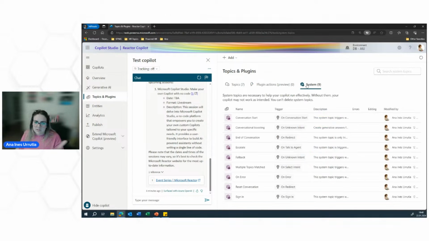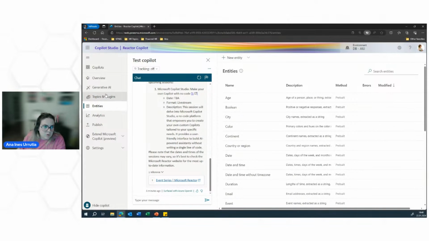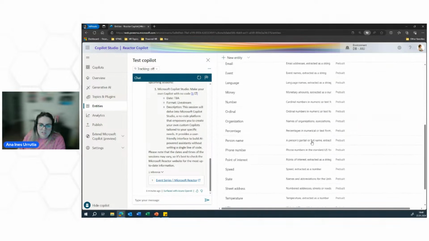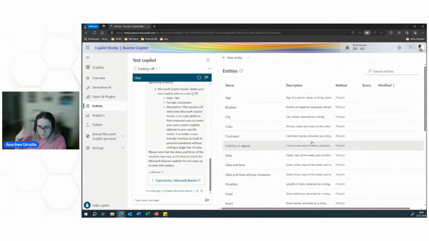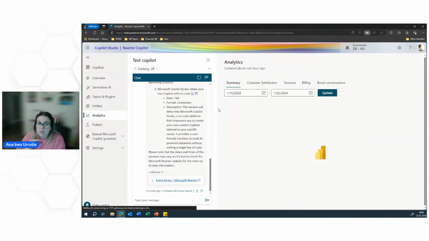And then we have the system that I'm just going to completely ignore. I don't care. Those topics and plugins, the entities, as you see, they're also predefined. I haven't done anything. Analytics will be empty, but once we have it published, we can monitor how